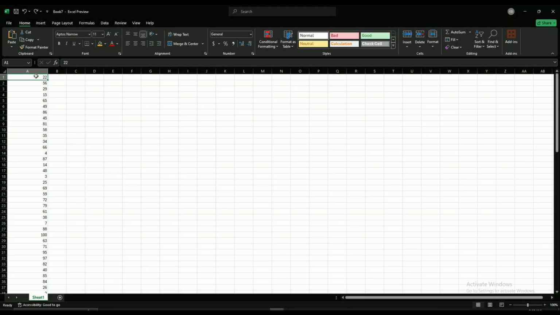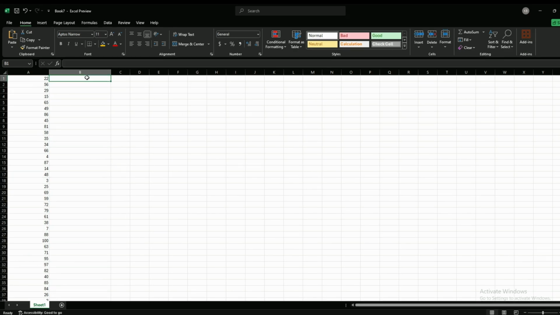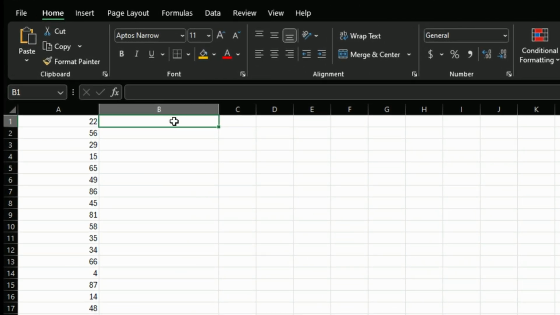Hello, in this tutorial I'm going to show you how to square numbers in bulk. Alright, so we'll start off. Column A has all our numbers, and then let's make column B a little bit bigger. Alright, so here the formula to square a number is